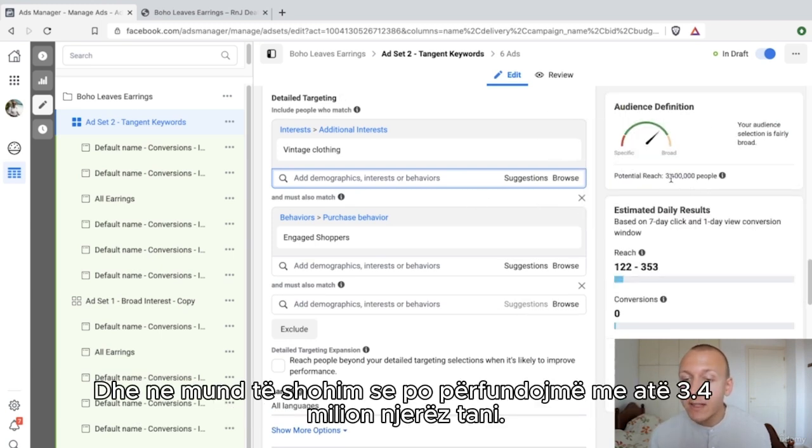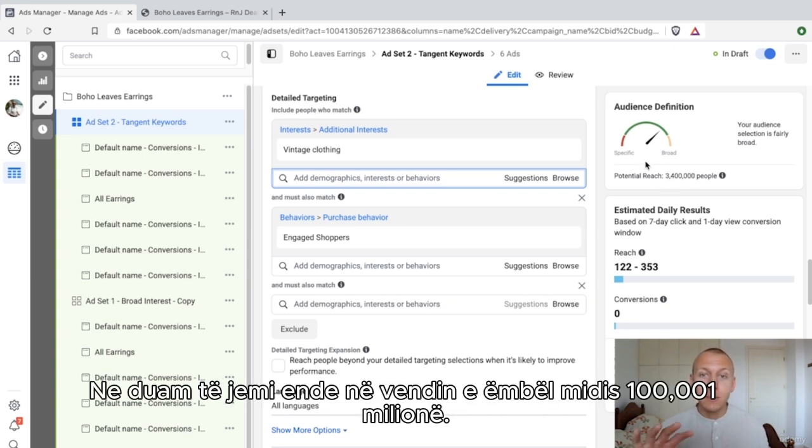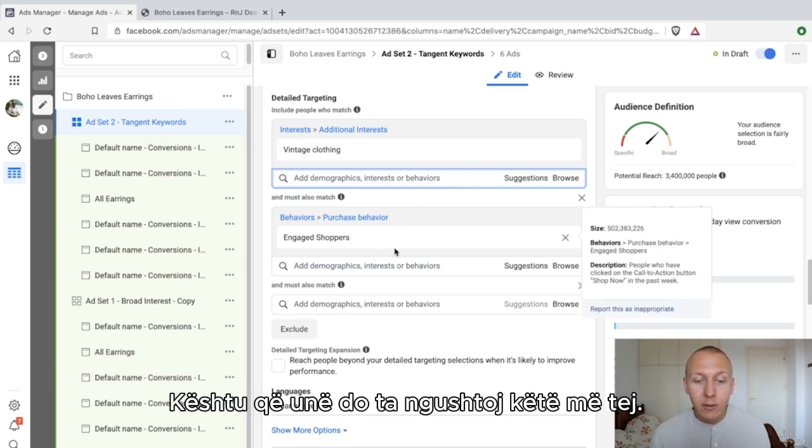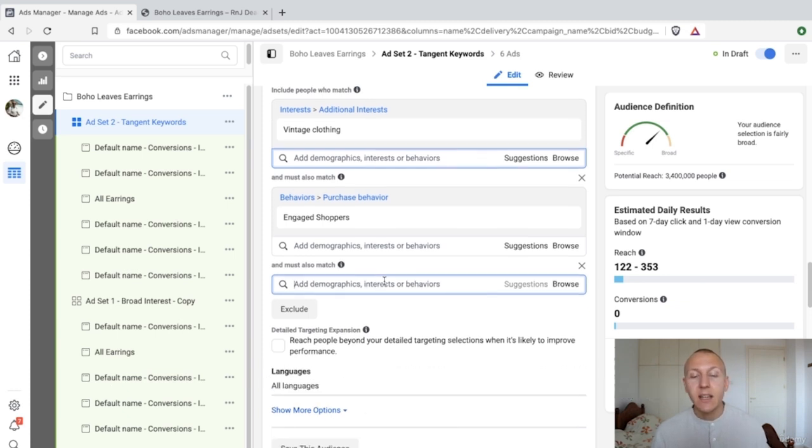And we can see that we're ending up at 3.4 million people, right? Now, that's too much. We want to still be in the sweet spot between 100,000 and 1 million. So I'm going to narrow this further. Now, we already have a narrow one here from what we just deleted. So I'm going to